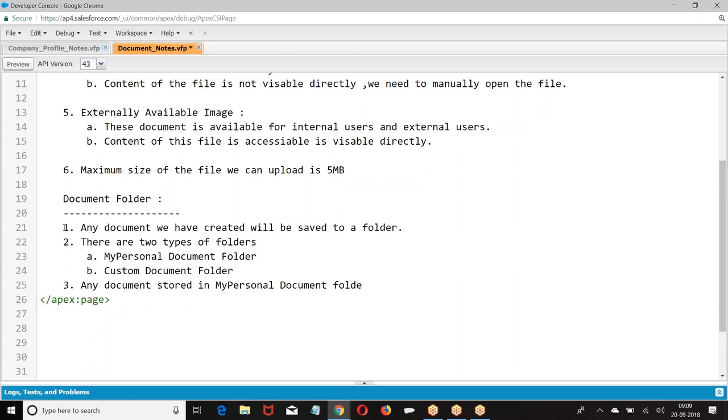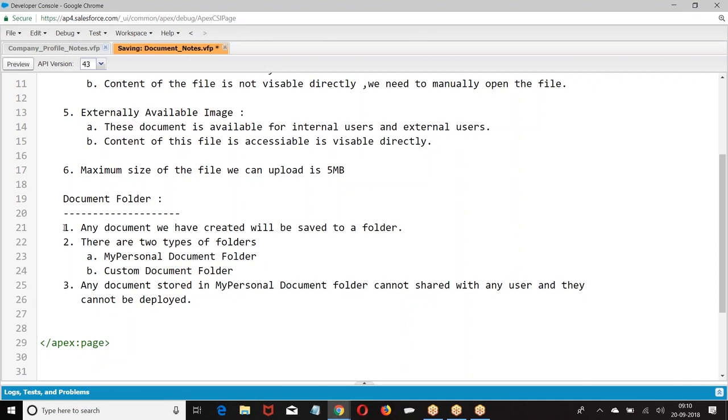Any document stored in my personal document folder cannot be shared with anyone, and it cannot be deployed. Any document stored in my personal document folder cannot be deployed to production. I hope you are good with this.